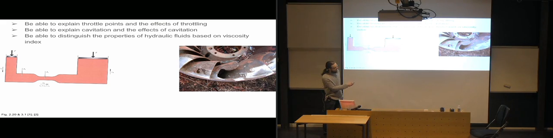Then we have some damage on this blade, and on this blade we have a huge amount of damage. So what might have happened in this case, this is a bit different than a throttle point, because here we have the speed and then the angle of the blade that basically creates the cavitation bubbles. But it's the same principle where you have a high fluid velocity and creating a fairly low pressure,